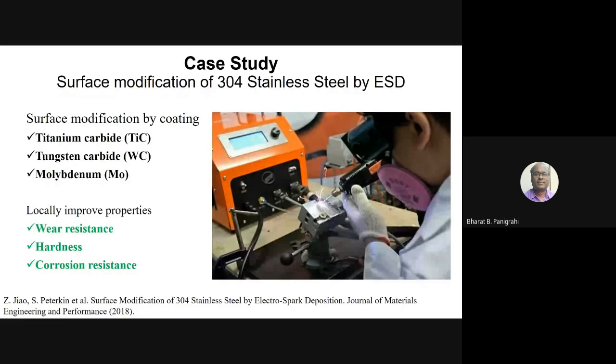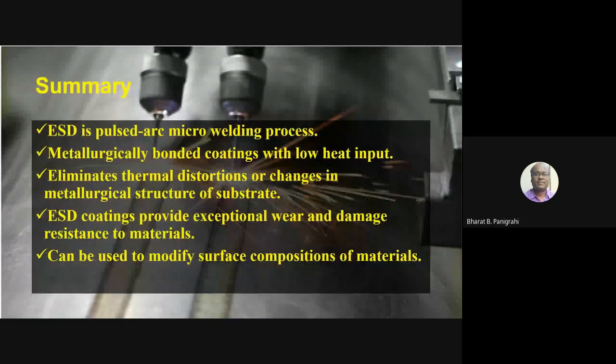A huge amount of carbide materials are there, which can be used, as I mentioned earlier, for wear resistance, hardness, corrosion resistance, etc. To summarize the work: electrospark deposition is a pulse arc micro welding process. It creates a very nice metallurgical bond with low heat input, and exceptional wear and damage resistance can be obtained